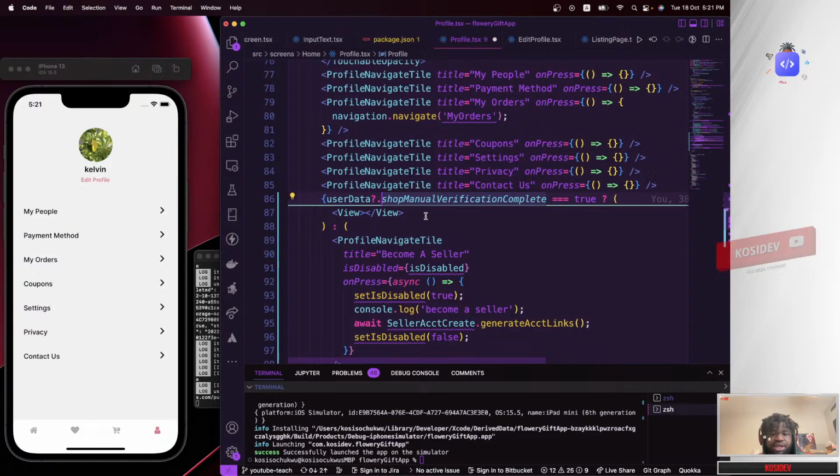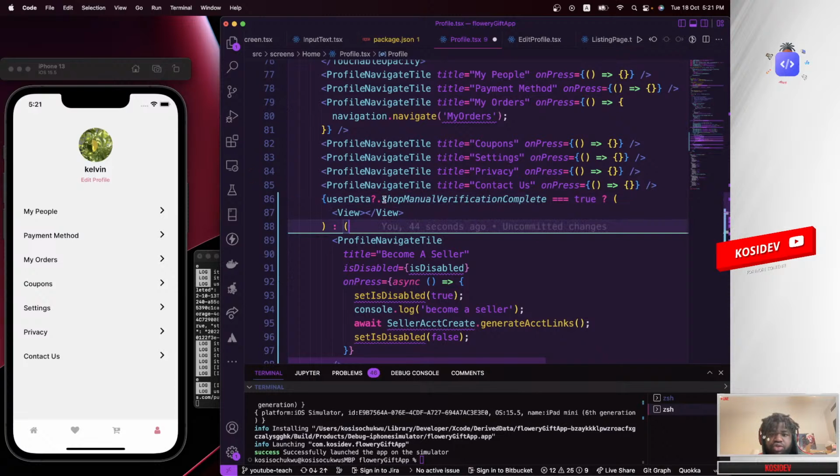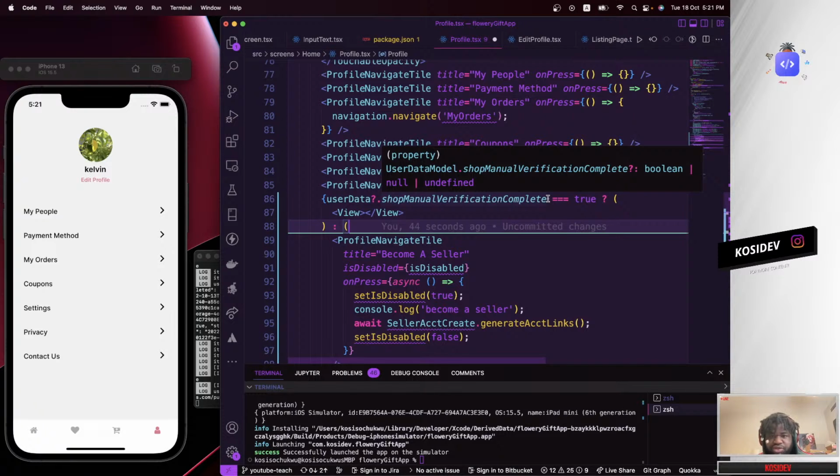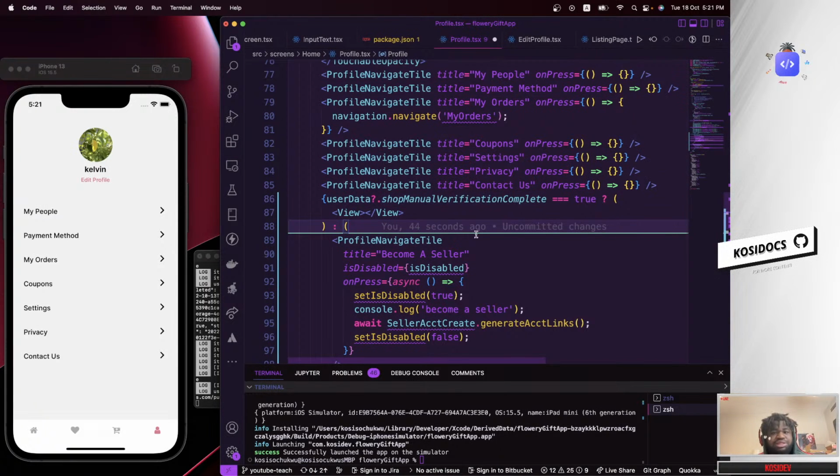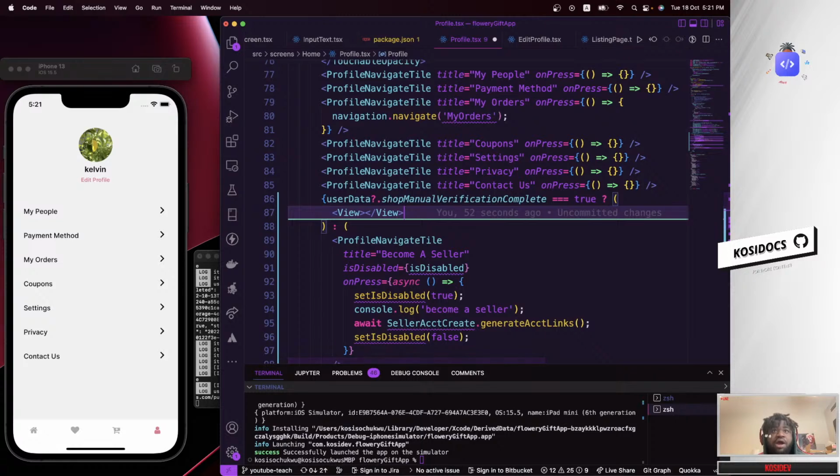So basically, let's say the admin or whoever is managing the platform, we toggle this on and off to say that the user, the shop owner, is verified, so that they are able to list their product on the platform. To show you more about that, I'm going to open up